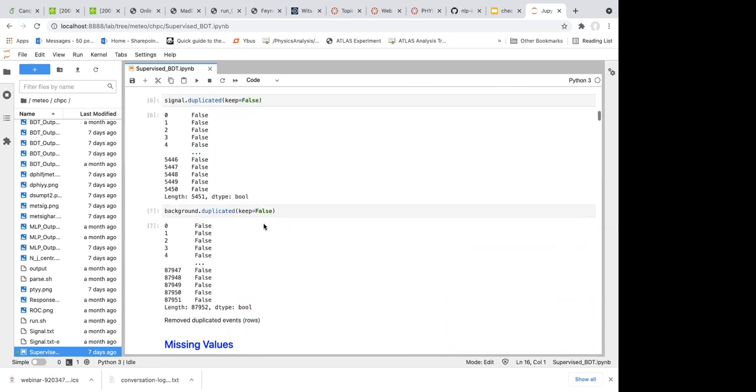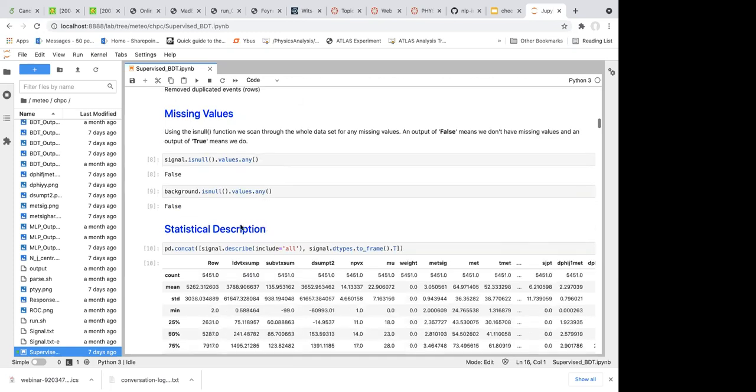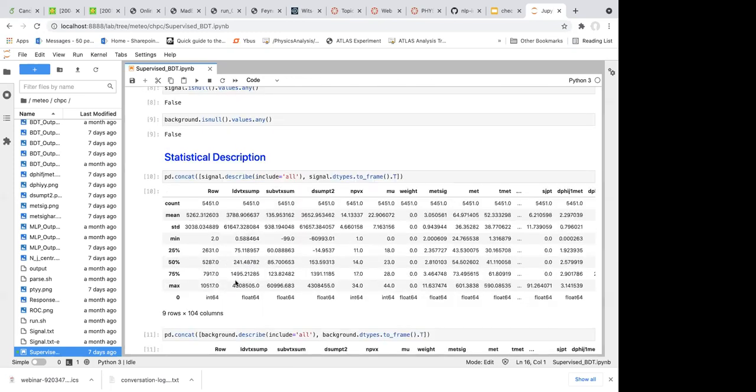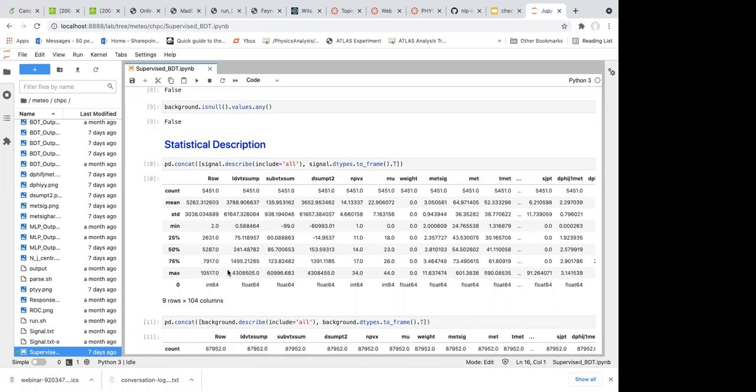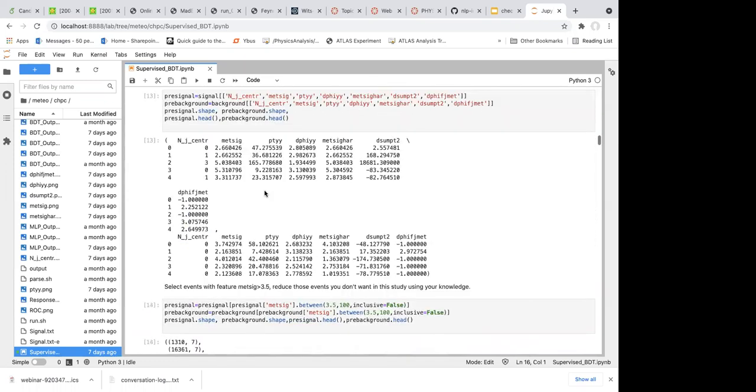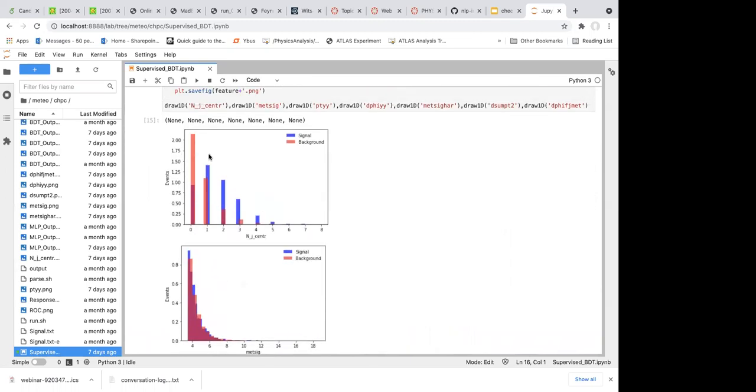Last week we also looked at the distributions of all the events for different features, like the maximum, mean, percentiles and other statistical properties. Then we also drew some one-dimensional histograms to get a rough feeling of the difference between the two data sets.